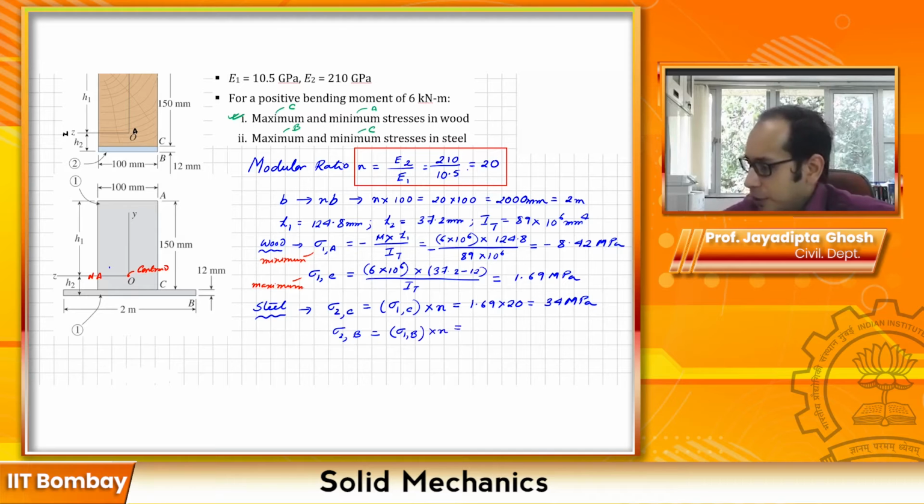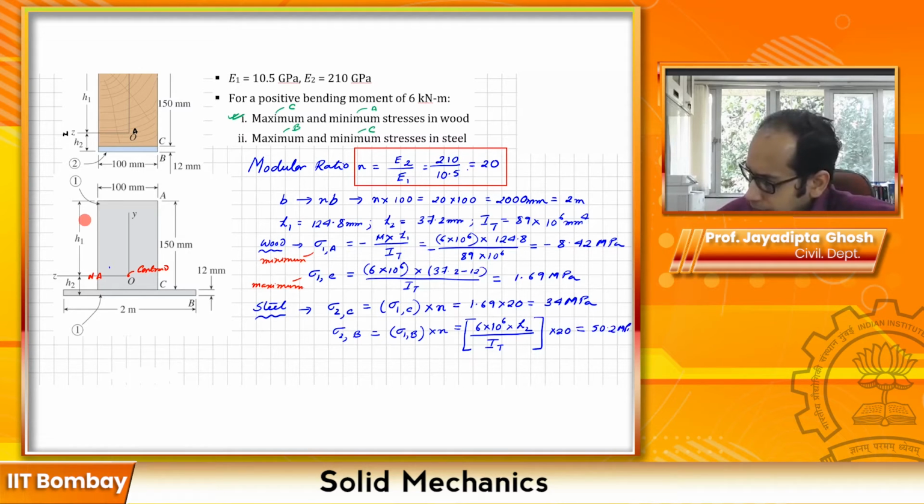So I need to calculate this first part over here because I have not calculated it earlier. So it is going to be what? It is going to be 6 into 10 raised to 6 times this height, the whole height h2 now. So that is 37.2. So I'm just simply going to write h2. You can substitute and calculate, divided by the I of the transformed section, times 20. Don't forget that. So that comes out to be around 50.2